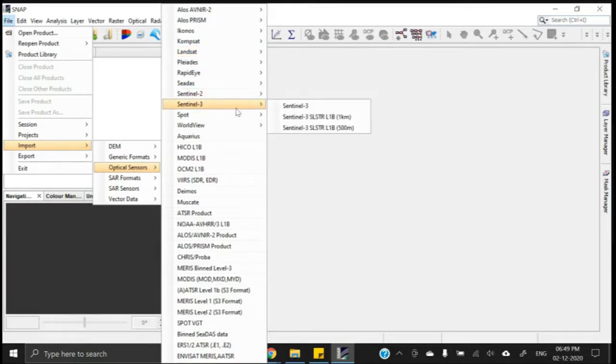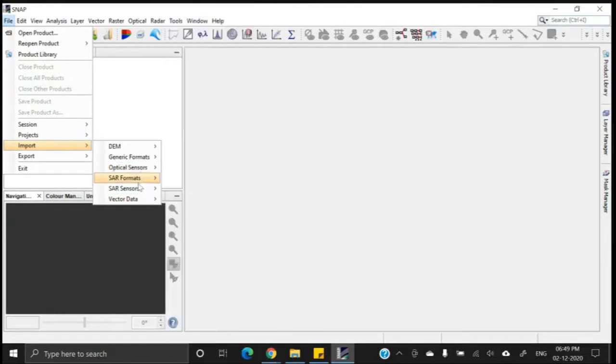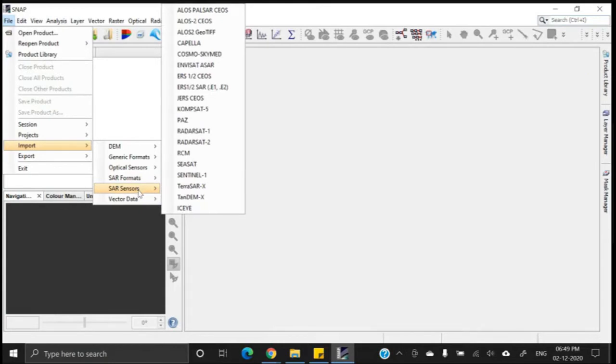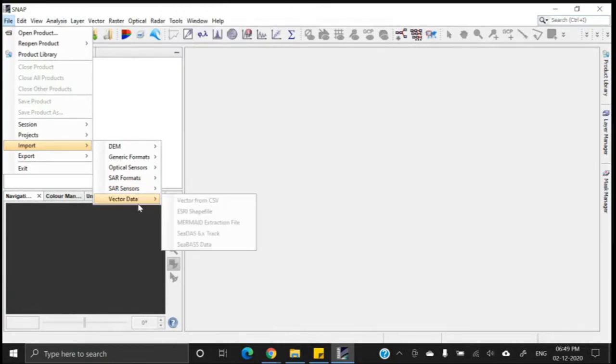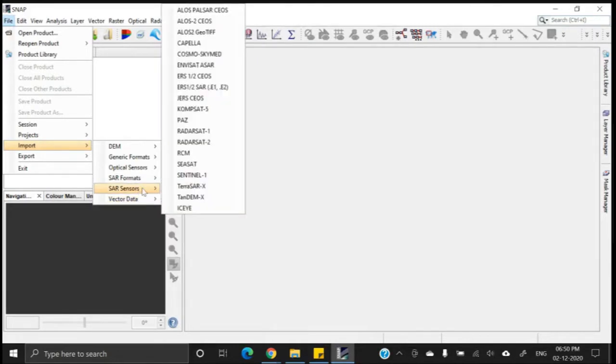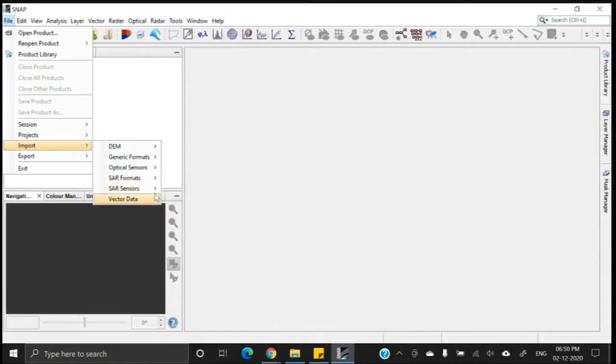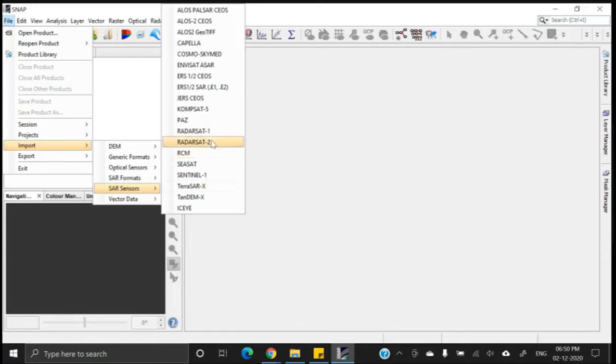As you can see, a lot of sensors are there, and they are adding new sensors in every version. So this is for the optical sensors. Now go to SAR Sensors, and we also have the vector data import facilities. Anyway, we are not going to deal with the vector. So from SAR Sensors go to RadarSat-2.